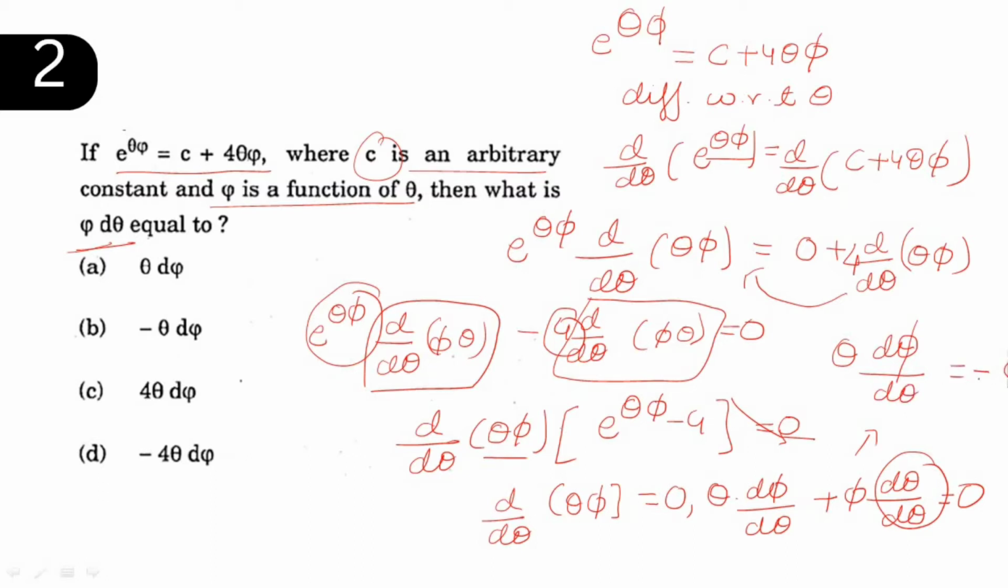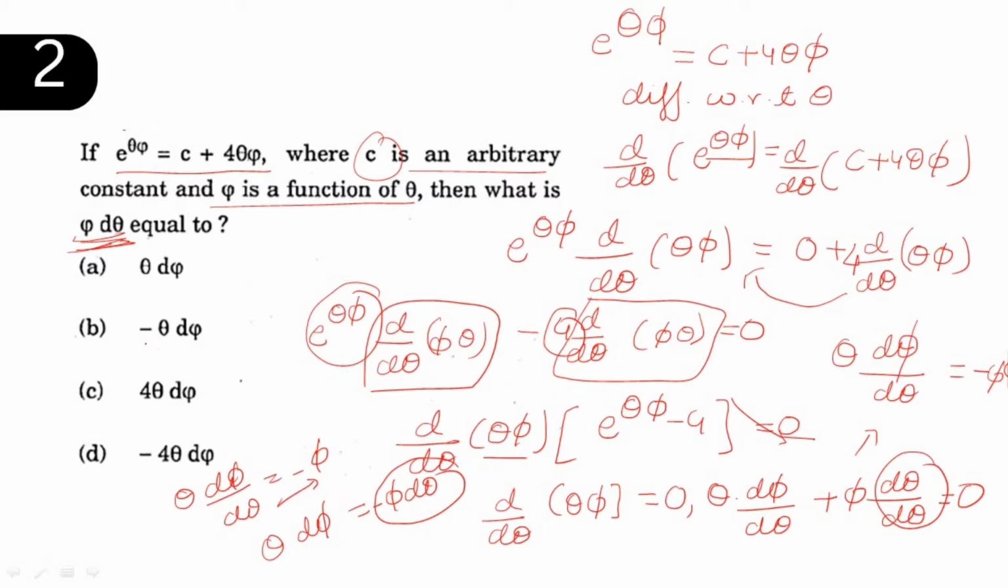minus phi. Okay. So what do we have to find? We have to find the value of phi d theta. So what have we received? We have received this value. We can just multiply it here. It will be minus phi d theta. And the options here are,